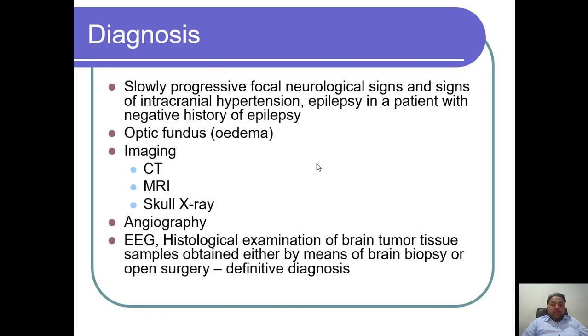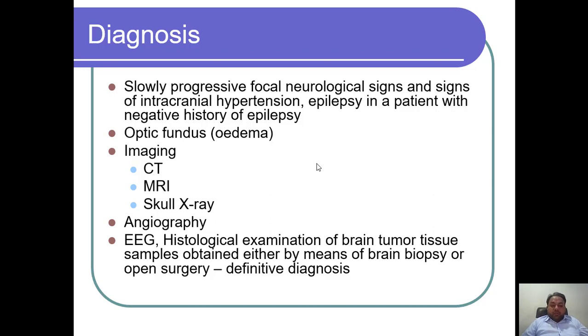How is a tumor diagnosed? Tumor is diagnosed by the history, that is gradually progressive worsening of headache, nausea, vomiting, fits, which could be focal or generalized. And when we do fundus examination, we see papilledema. Then we advise the patient to get a CT or MRI. CT or MRI will confirm the diagnosis of